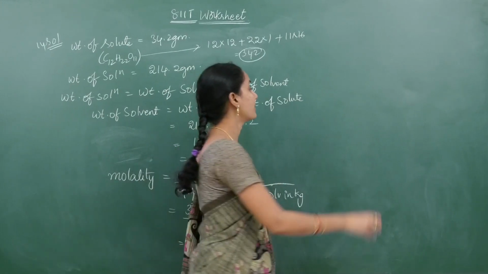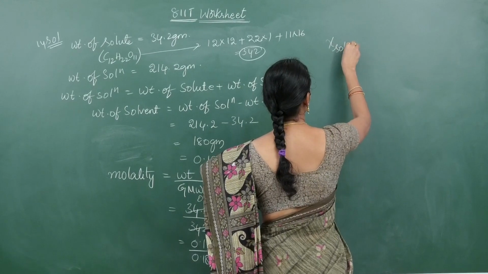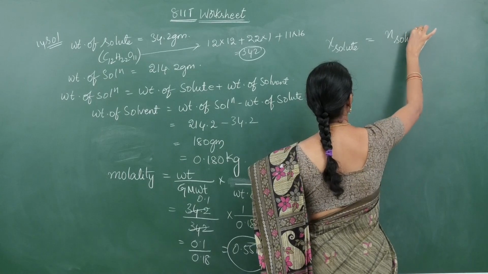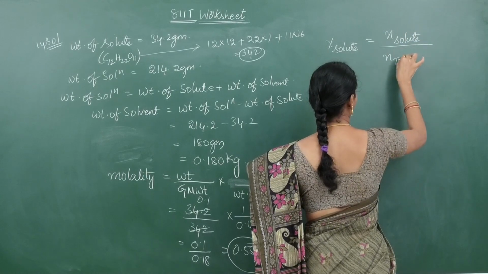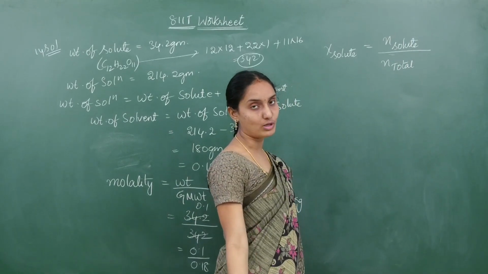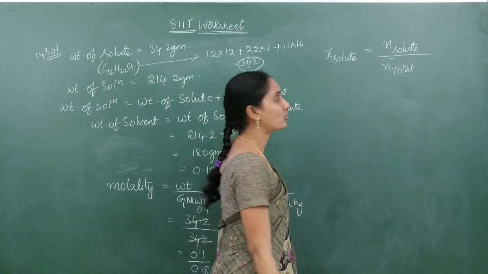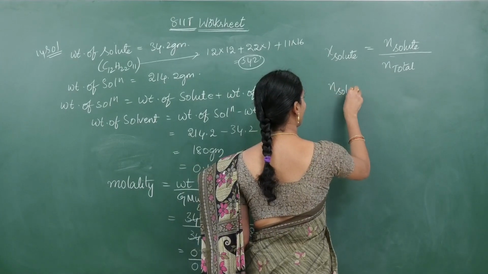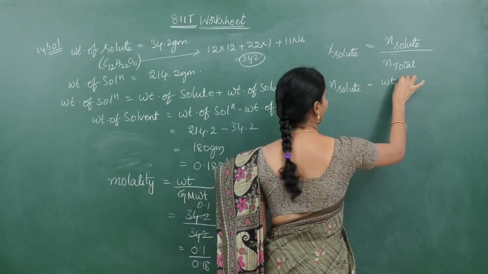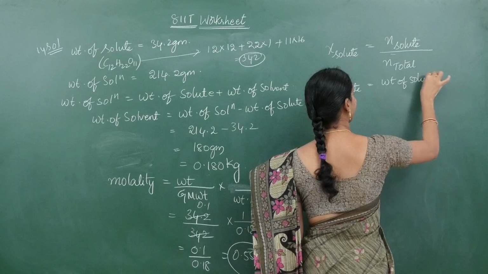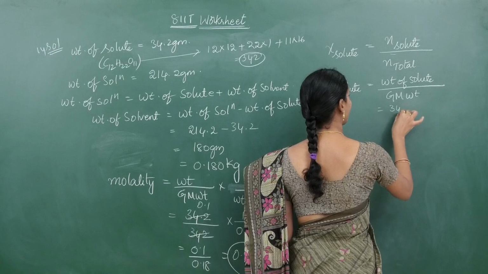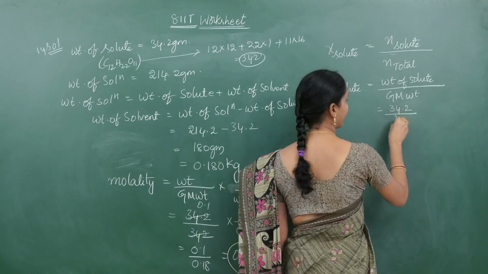The mole fraction of solute you have to calculate. So mole fraction of solute is equal to number of moles of solute by total moles. But first we have to calculate the number of moles of solute and number of moles of solvent, and then we have to do total. So number of moles of solute is equal to weight of solute by gram molecular weight. Weight of solute is given by 34.2 divided by gram molecular weight